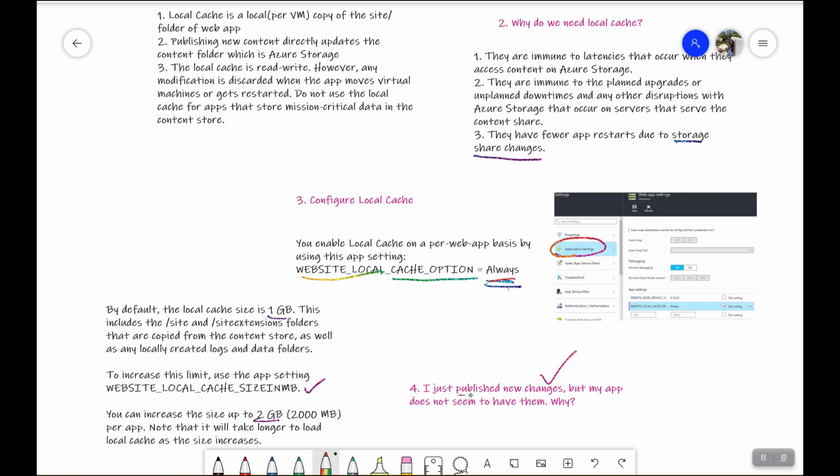You just published the new content, which went to blob storage. Publishing always goes to blob storage, but your local cache has not been refreshed as yet. Though it's very quick, it is periodic, and sometimes it might take some time to refresh the local cache from the blob storage.